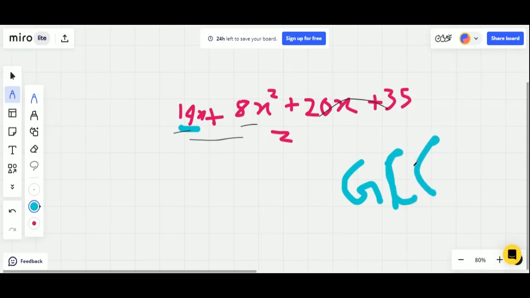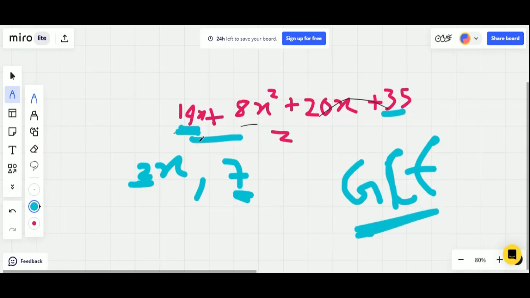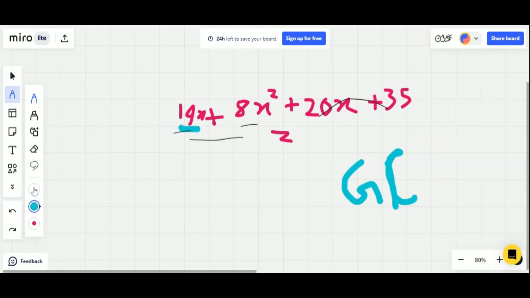For example, if we group these two, the common factor will be 2x, but if we group 14x and 35, we have 7 as a common factor. So 7 is greater than 2. So always look for greater common factors. That's a better way of doing it. So if I was to select that, I will get